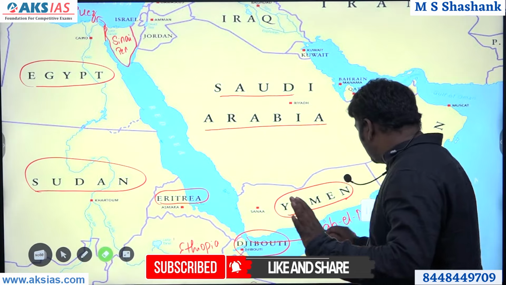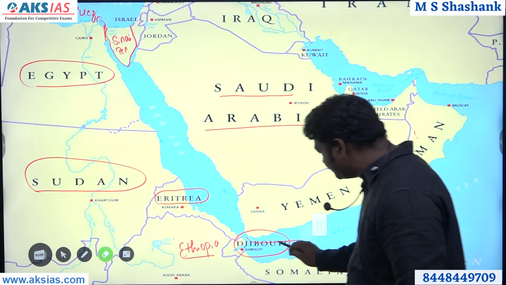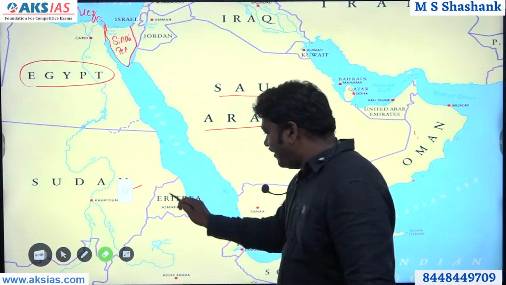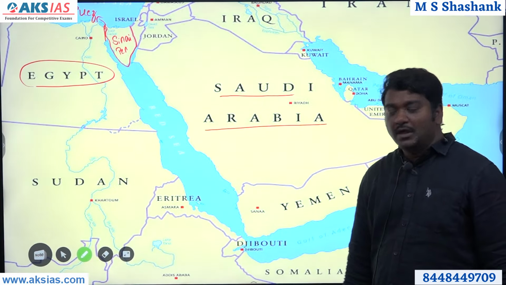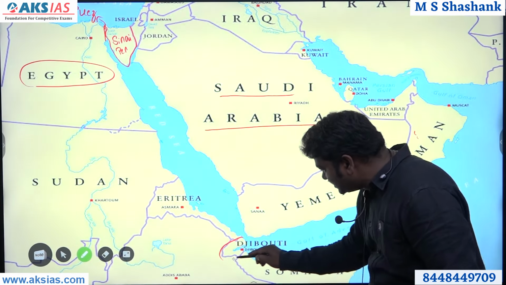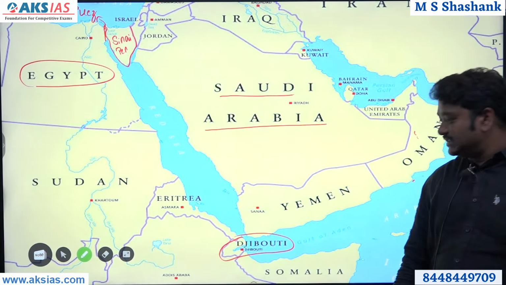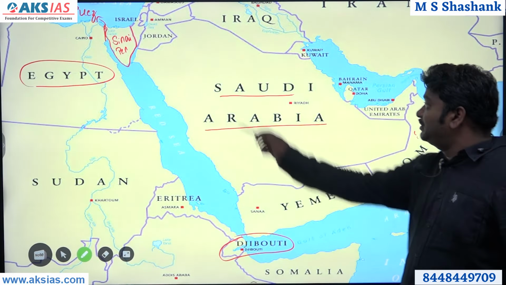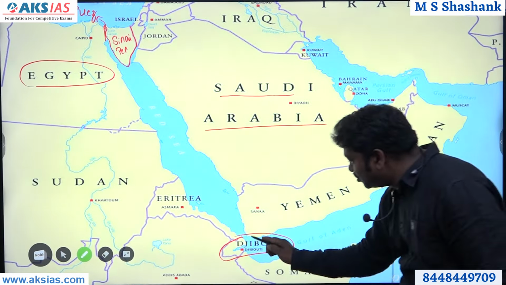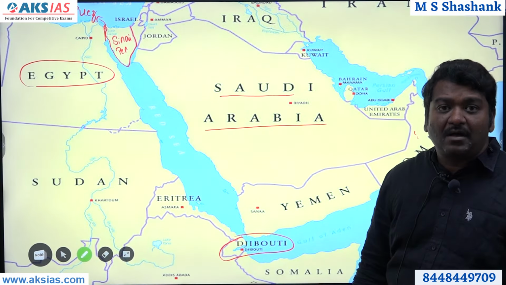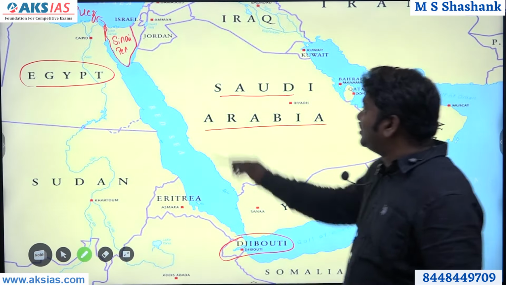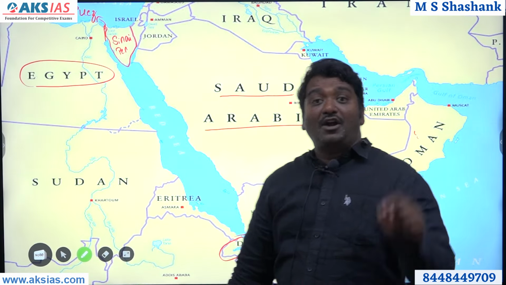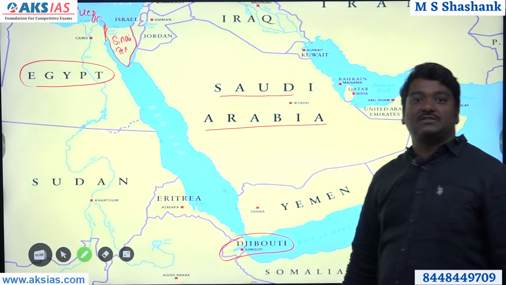Like, if you start believing that you are an IAS officer, IFS officer, where you need to make policies for the country, you must be very, very careful about this particular country. Because that is exactly the entry point of the Red Sea. How will India do business with Europe? It has to be through this. Why did Vasco da Gama, Columbus come in search of India? Because this was captured. The moment this was captured, the world shook. And now China wants to capture this.